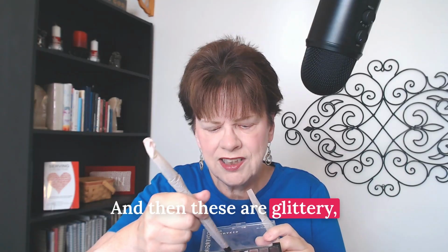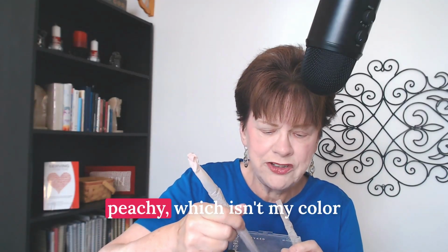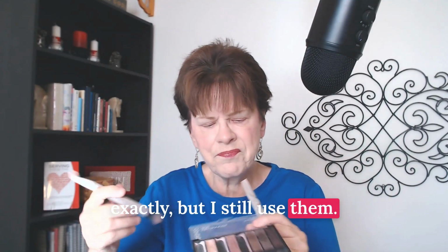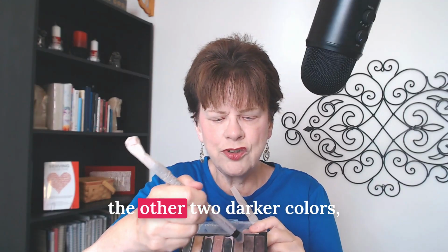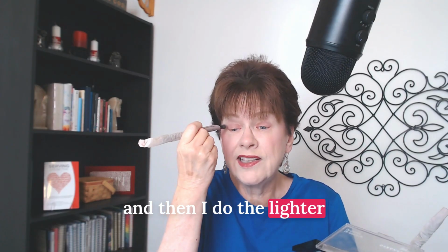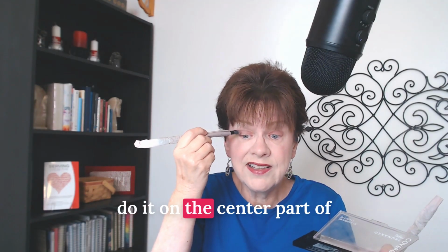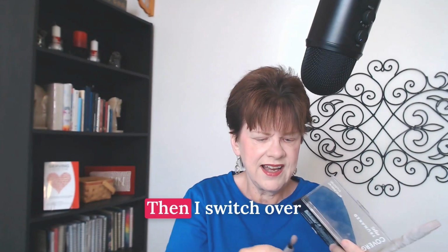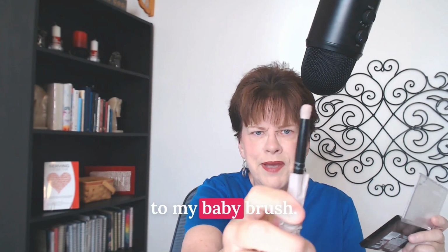And then these are glittery, so I don't use them as often. And they are a little bit more peachy, which isn't my color exactly, but I still use them. And sometimes instead of this purple one, I'll use one of the other two darker colors. And then I do the lighter color in the crease, and I do it on the center part of the eyelid. Then I switch over to my baby